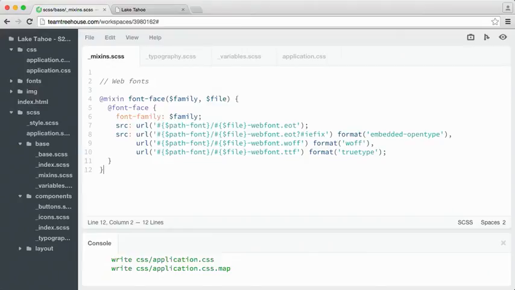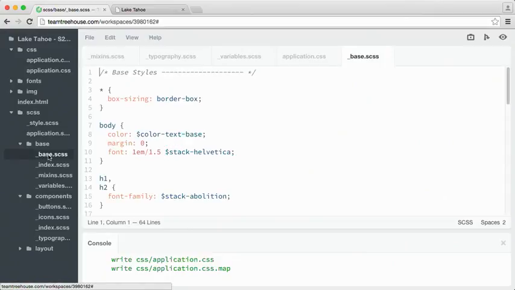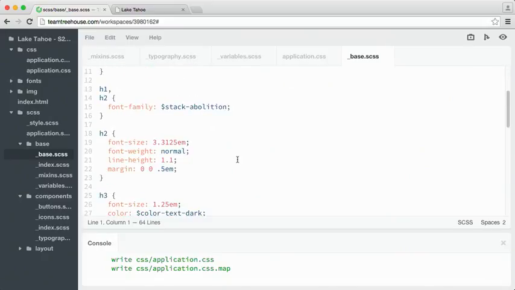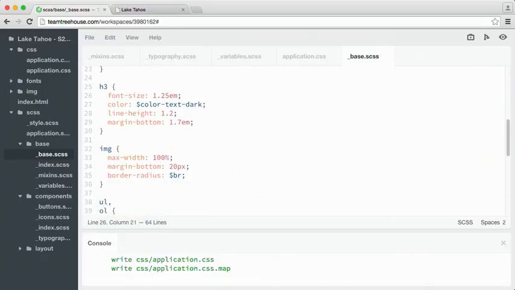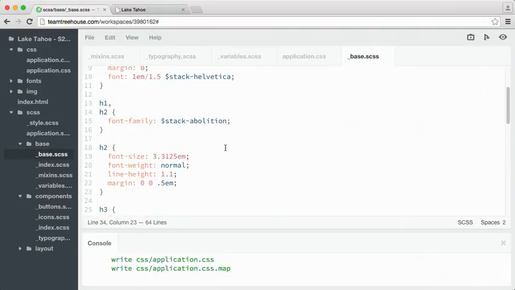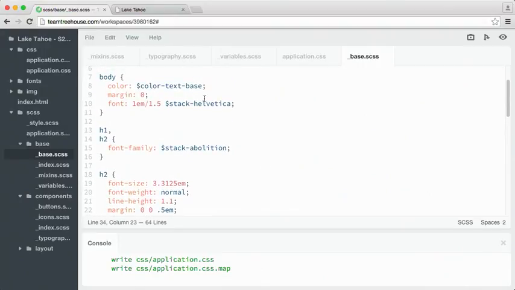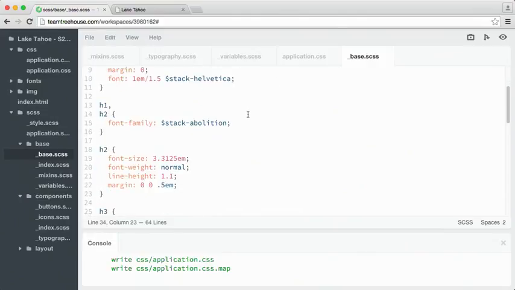So let's create one more mixin. Now, currently in our project, we seem to be rewriting a common pattern for styling our font size, line height, font weight, and color. So for example, here in our H3, we're defining a font size, a color property, and the line height. And we can also see this pattern in other places, like in the body and in our H2 rule. Well, sure, we can keep the font declarations as is, even though they don't accept color values, and that's fine. But let's see how we can use a mixin to help make writing these properties a little more